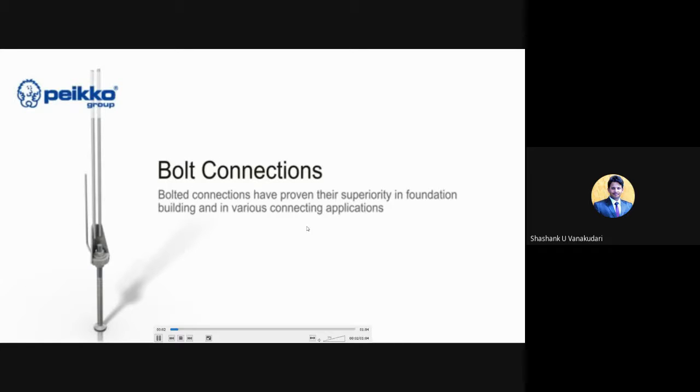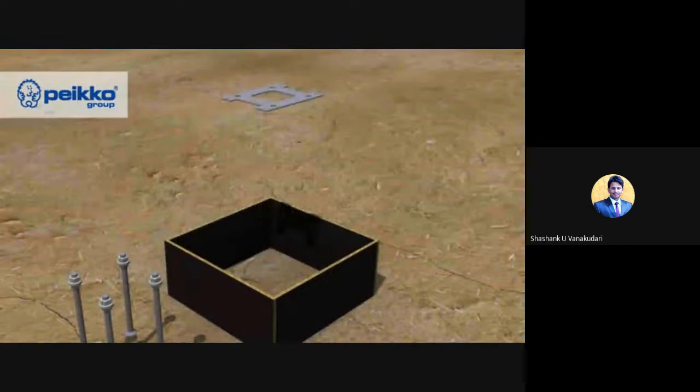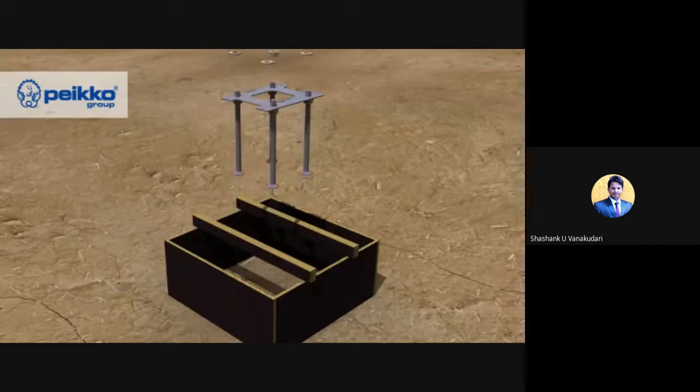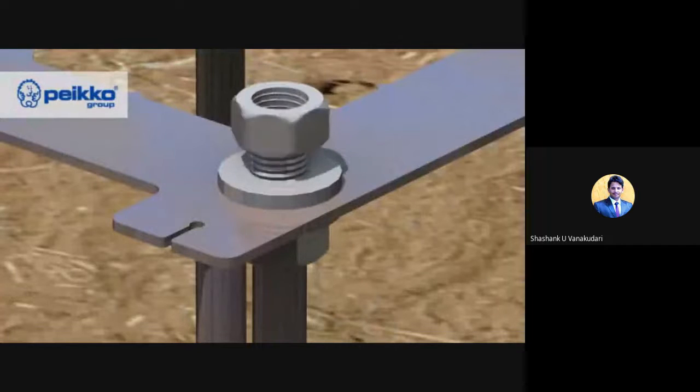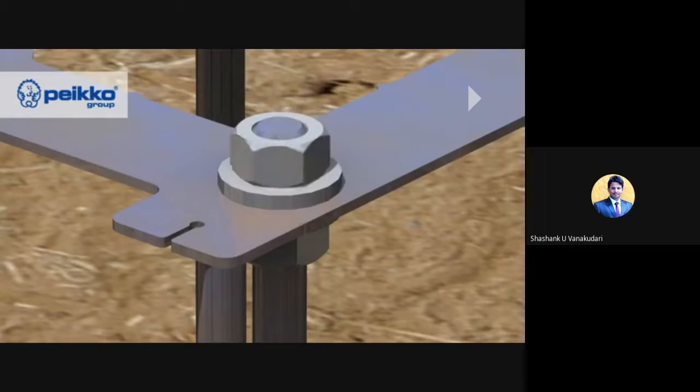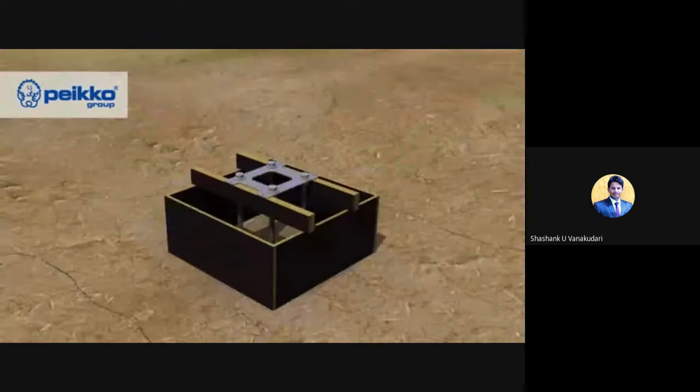In this you can see the connections of footing to the column. Here they are going to place the additional members. Initially, this footing they are going to construct at the construction site itself, because it is a part of the foundation, right? They can't construct it at the manufacturing site and then install it at the required location. This footing part they manufacture on site itself.